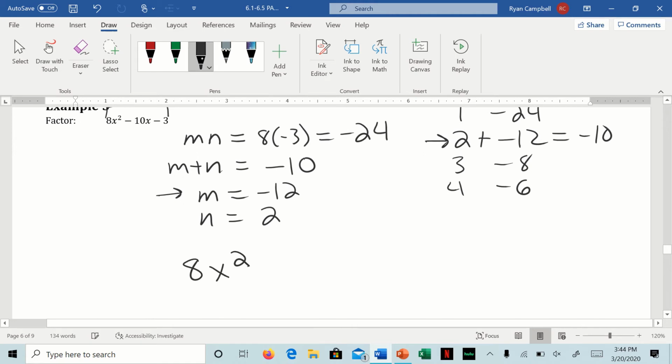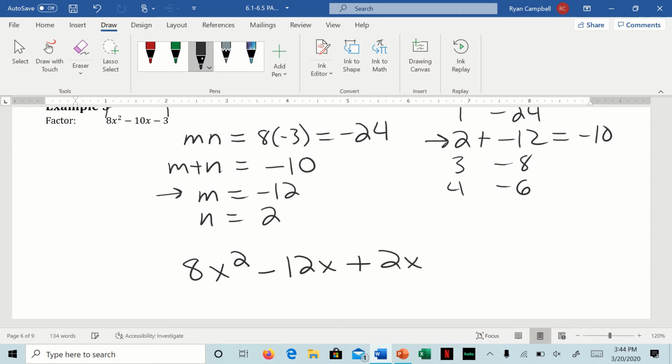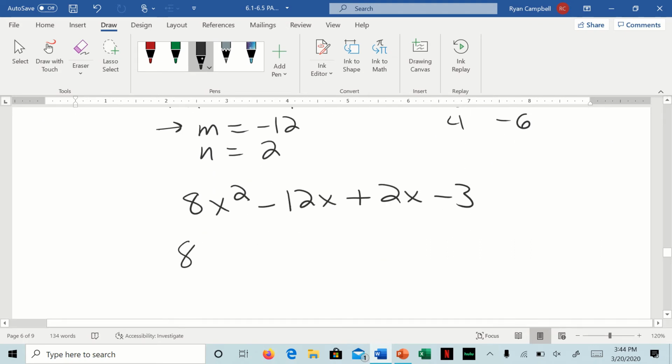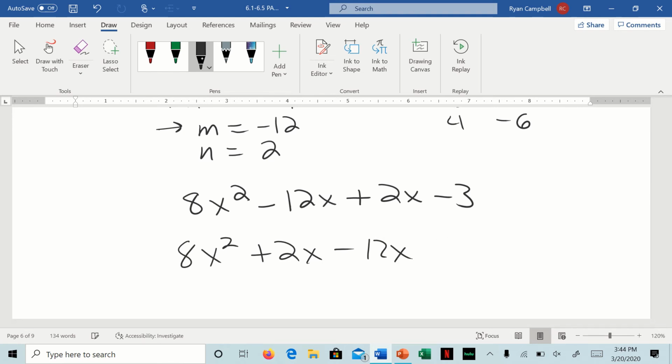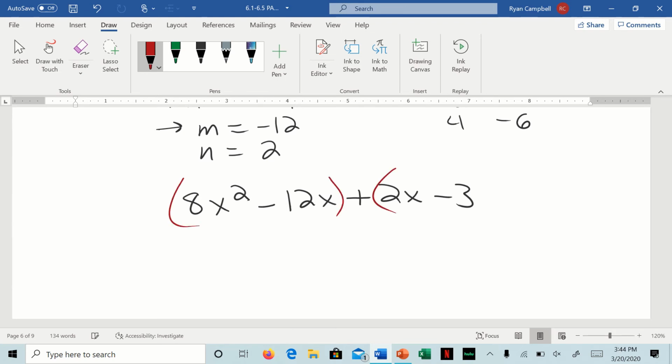So 8x squared minus 12x plus 2x minus 3, right? Notice if we had switched those, we would end up with the same answer. It would just have the bigger potential to mess things up, right? If we don't include that negative. Cool. So factor the first one, factor the second one. What's in common with the first term? We see that we get